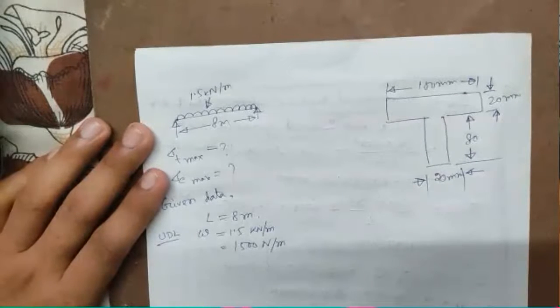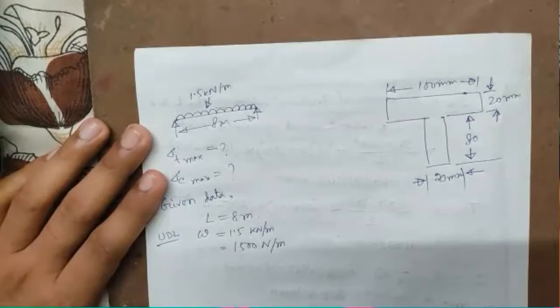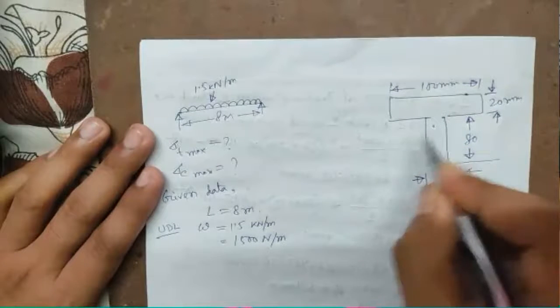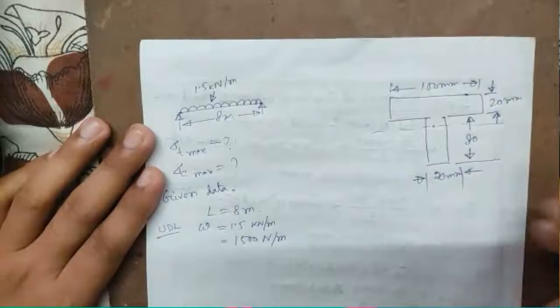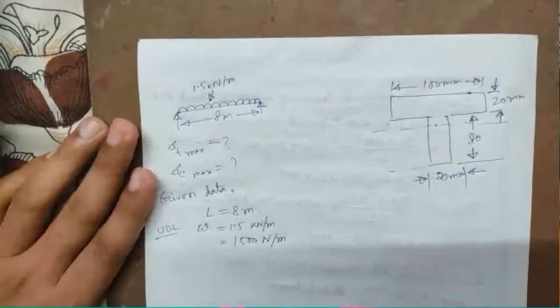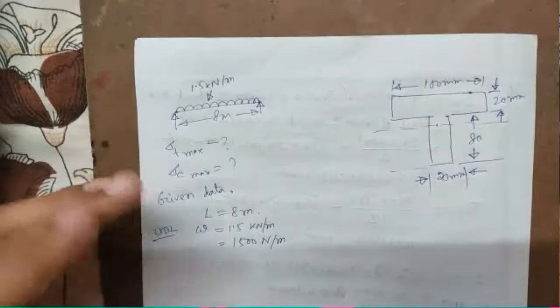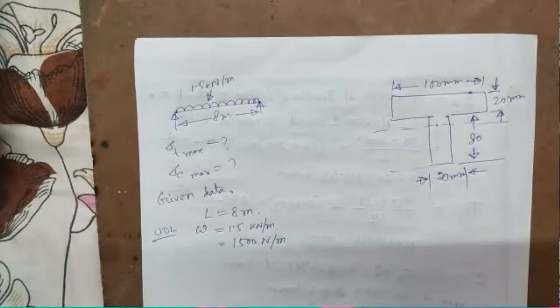Now you need to find the neutral axis. The first step, always you need to find the neutral axis. So the neutral axis, you can understand, will be somewhere around this region. You will get some idea when you start. The CG will be around that point. So you need to find the values. So you take all the centroidal